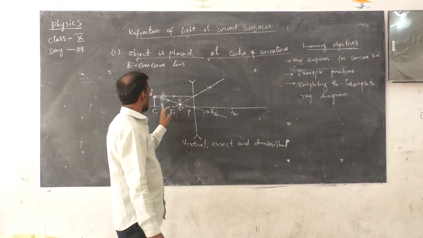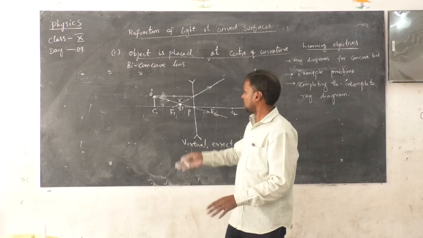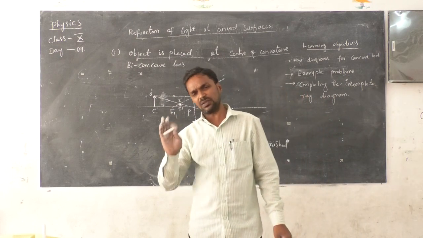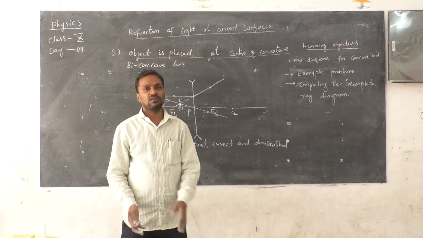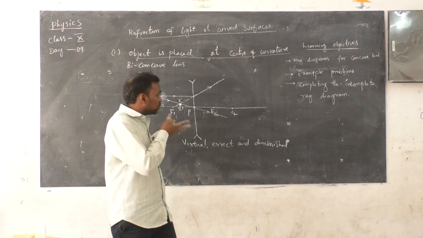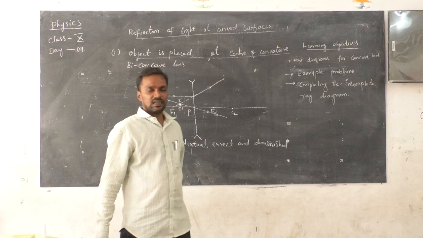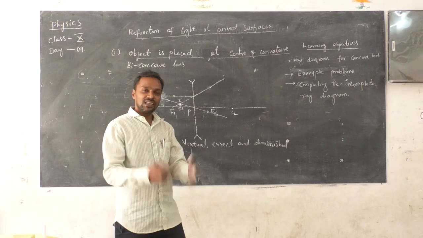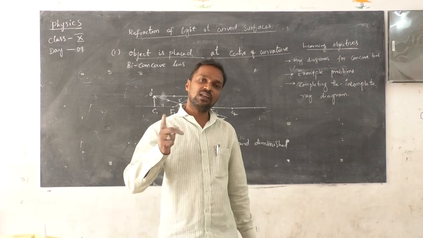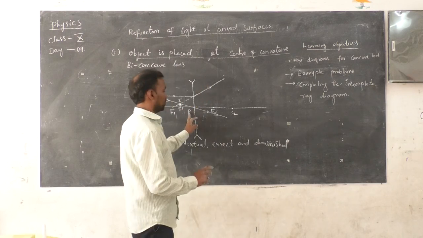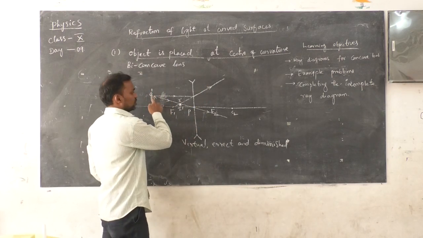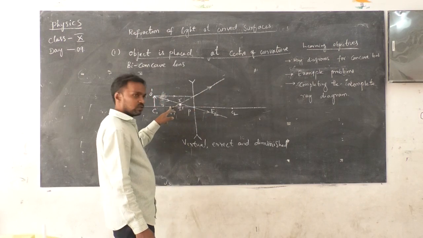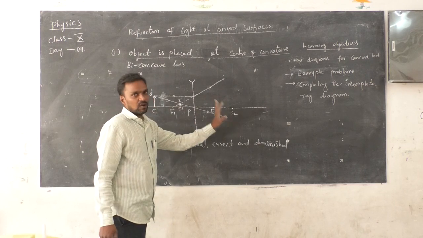Always, when you keep the object between C1 and F, then also the image will form between F and P. That's why we are learning only with the help of these two examples. I want to conclude that wherever you keep the object, the image is forming between P and F. So you try the remaining ray diagrams. You should take two situations: one is a ray parallel to the principal axis, refract it and produce it back to F, and draw a ray which passes through the optic center.